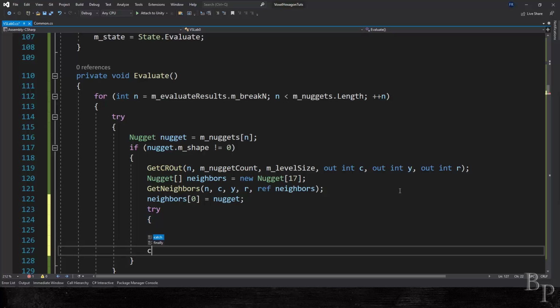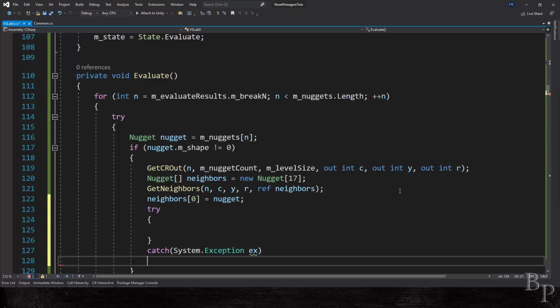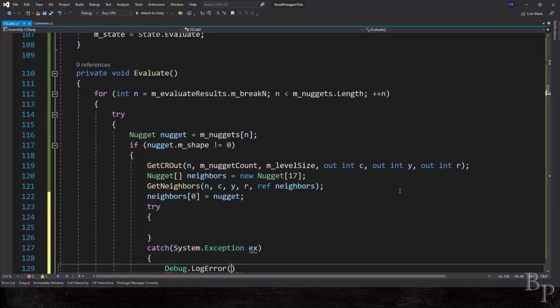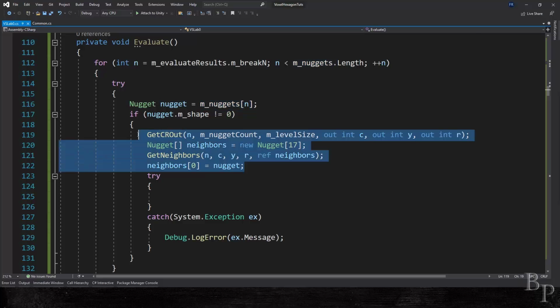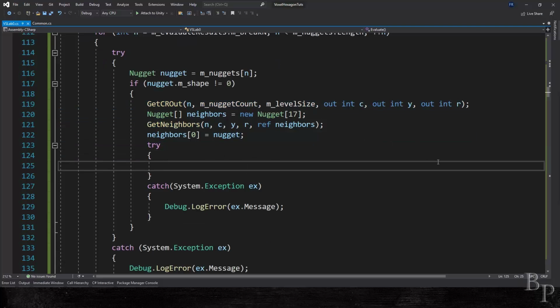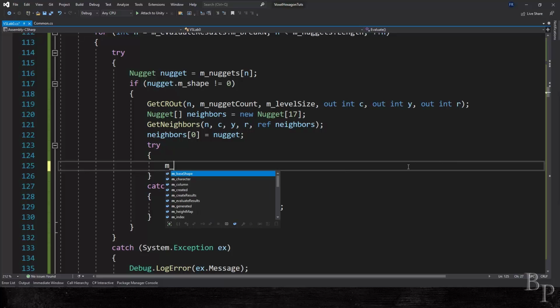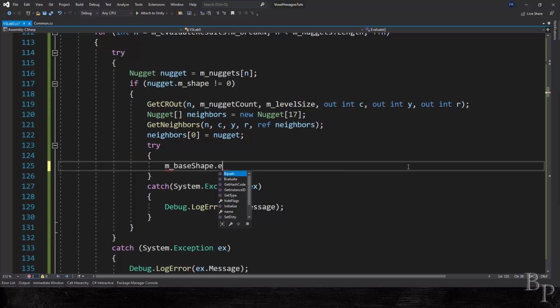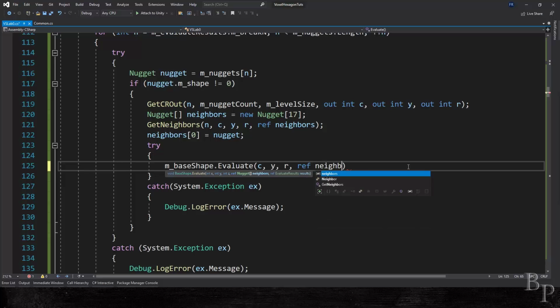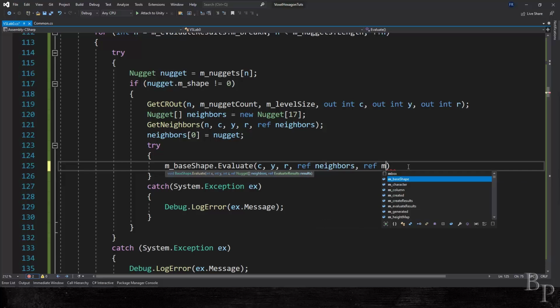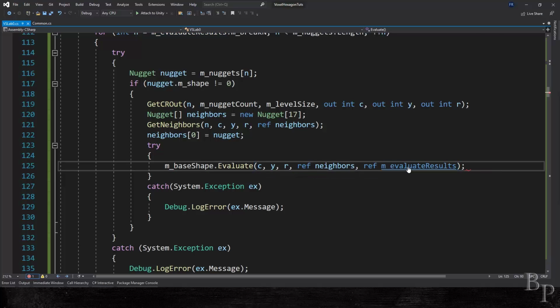I do want to do a try catch here, because I want to know, was there an error either with getting our nugget, this stuff, or is there an error actually in our base shape that we're not catching? And we don't, yeah, we got the base shape, okay. CYR, reference neighbors. We're passing our neighbors by reference because we're going to change them later on. And I hate to go back and just add this stuff in,